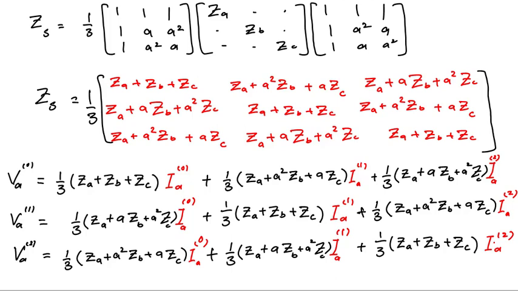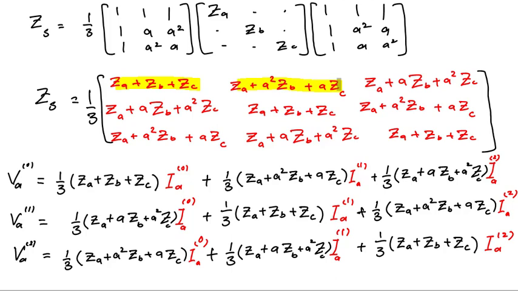If these impedances become symmetrical, means ZA is equal to ZB is equal to ZC, then this matrix ZS will become very simple. Only diagonal entries will be non-zero and all of the off-diagonal entries will become zero. So it means now zero sequence, positive sequence and negative sequence will become independent from each other. We can verify from here if these three impedances are equal, that will become 3ZA with 1 by 3, it will become ZA. Here if we replace ZB and ZC with ZA, that will become 1 plus A square plus A into ZA.